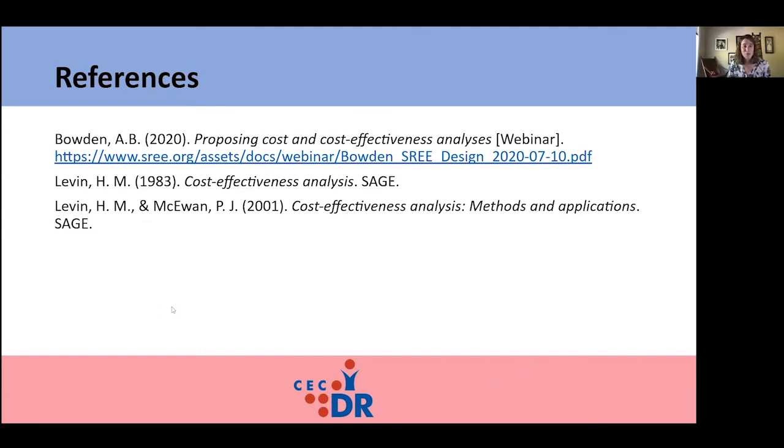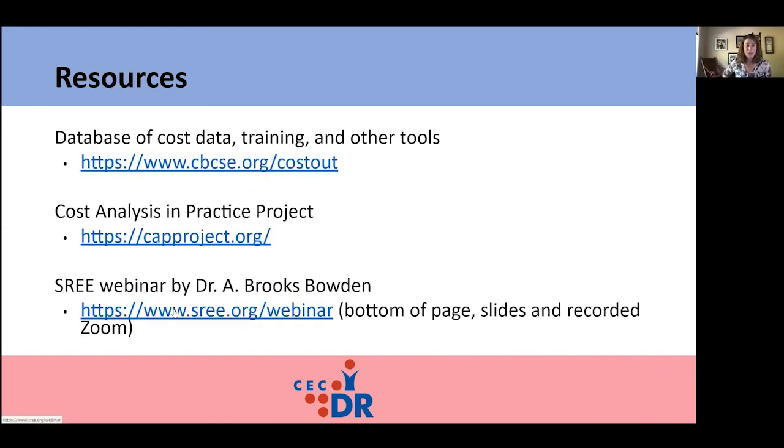But yeah, those different resources are really important. If you've never done this before, I think that looking at some of, if you go back one slide, Graham, the database and then the CAP project website, there's templates on those websites. So it allows you to kind of plug and play and kind of figure some things out. It's really helpful. So those are, again, as Graham mentioned, sort of endorsed by IES right now. So I think it's helpful to use the tools that they're investing in your own proposals.